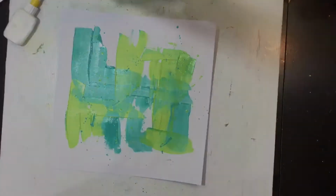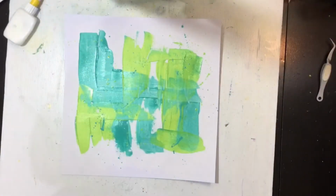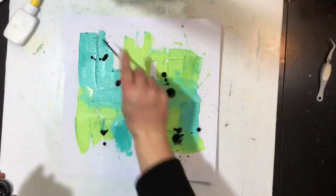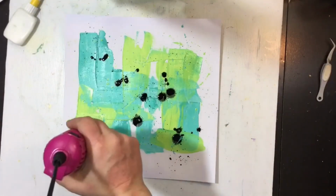I made a real mess. Okay, so I'm back now, and I've got some Liquitex black acrylic ink, and I'm going to splatter that from quite high, and just be really messy. I want to bring in some of those darker colours that are in the kit. So I do some big drops. It's got a dropper in the little container, and then I take my paintbrush and just do some finer splatters